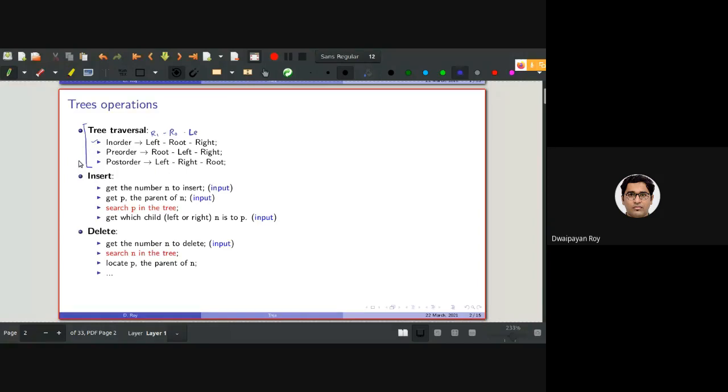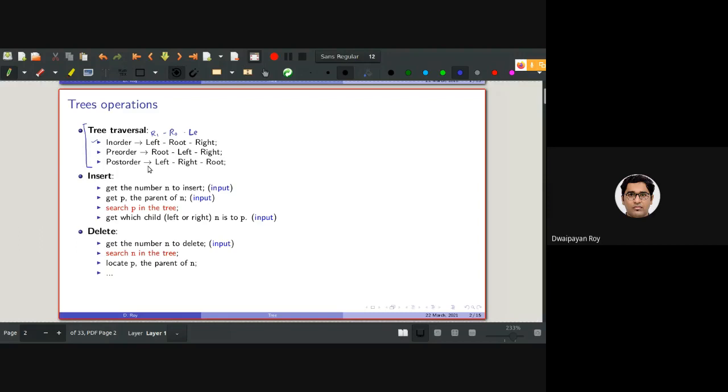Another basic operation which is needed before we can perform a tree traversal is that we need to form a tree, right? We need to build a tree, and to build a tree, we need to insert items in the tree, isn't it?